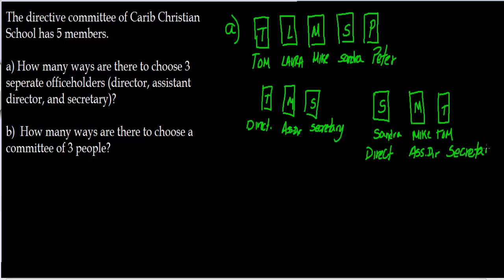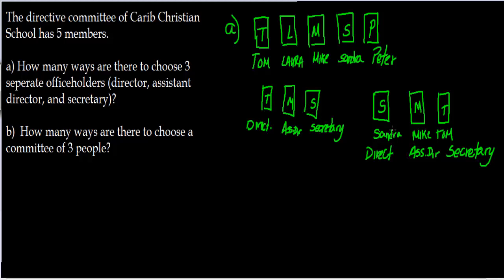So notice that even though I chose the same 3 people both times, they will hold different offices in these 2 arrangements. So again, if I'm picking people out of a group and I say the first person I pick is going to be the director, the second one is going to be the assistant director, and the third one is the secretary, and I choose these 3 people in this order,